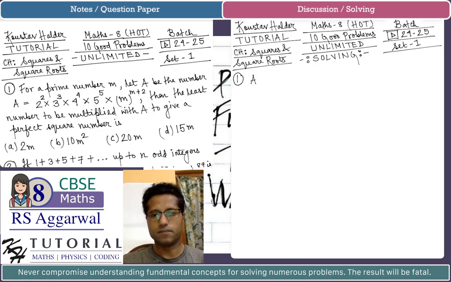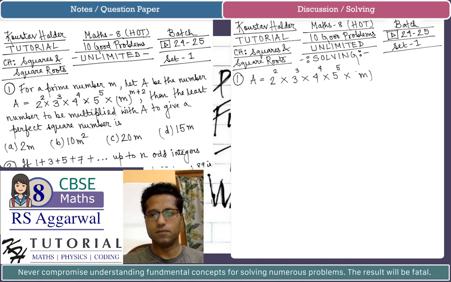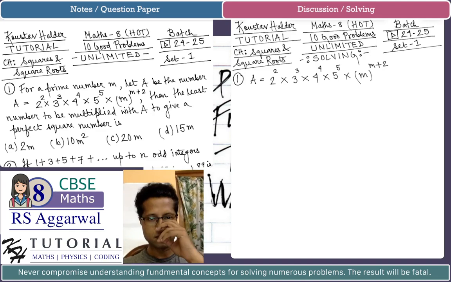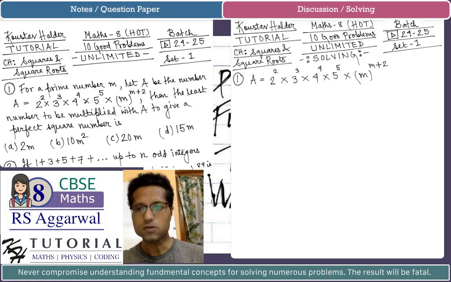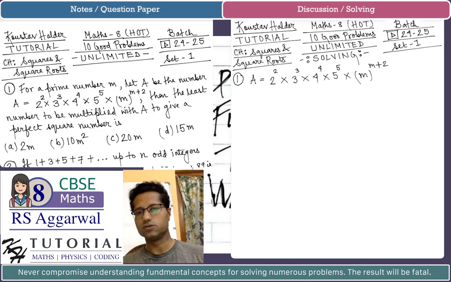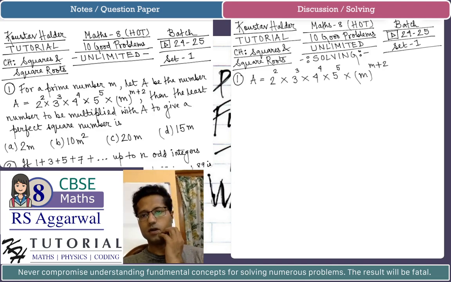Let's see what is a. So a is 2 square multiplied by 3 cube multiplied by 4 to the power 4 multiplied by 5 to the power 5 multiplied by m to the power m plus 2. Now, m is a prime number, and we can also see 2, 3, 5 are prime numbers, but 4 is not a prime number. Anyway, now